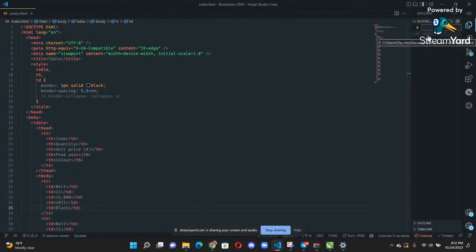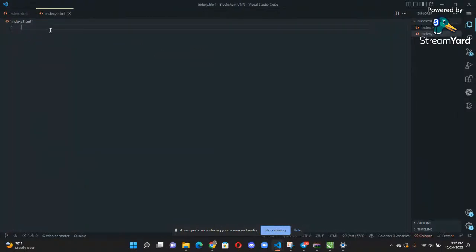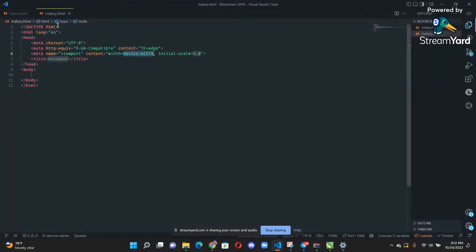Let me create a new file here. I'll try to make this less technical, as basic as possible so everybody can grasp it, even someone who has not written code before.